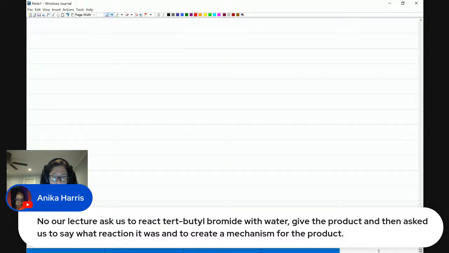Tert-butyl bromide with water. So we start with a molecule that looks like this, with a bromine leaving group. This right here is achiral, so it doesn't matter if I draw it on a dash or a wedge, because carbon has 3 R groups that are all the same. If we react it in water,